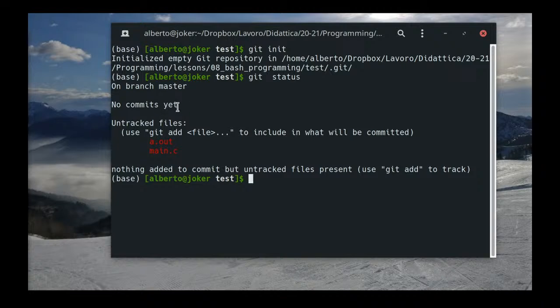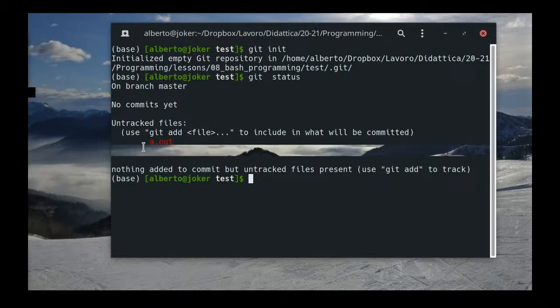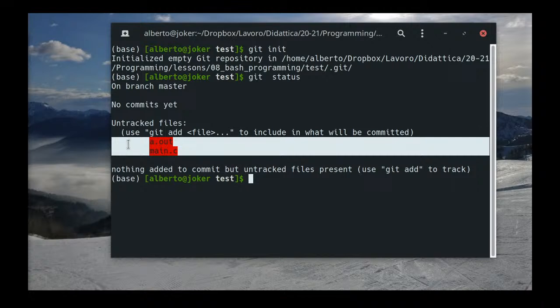Here we are told that at the moment we haven't committed any version of our project to the repository. There are a few files that are not considered by the Git tool. So untracked means that these files are not present, let's say, in the repository. They are not dealt with by the repository, and the last command basically is saying, look,